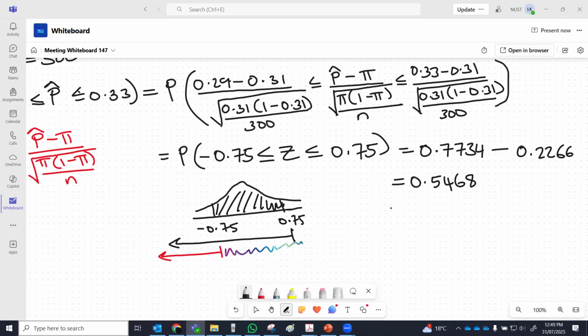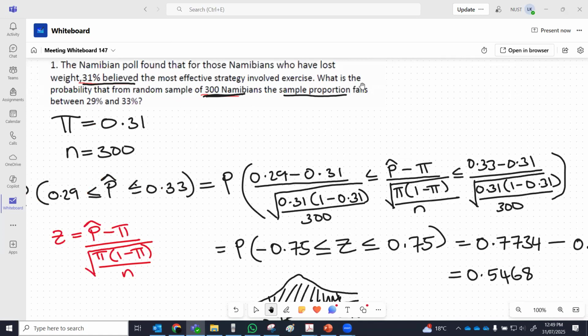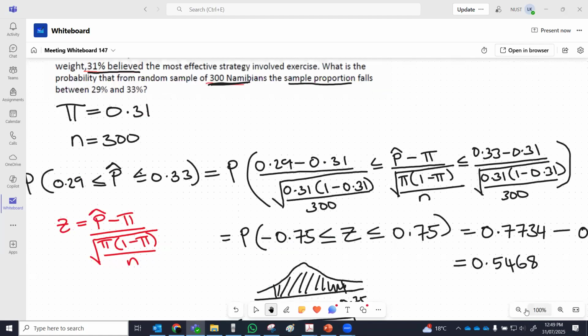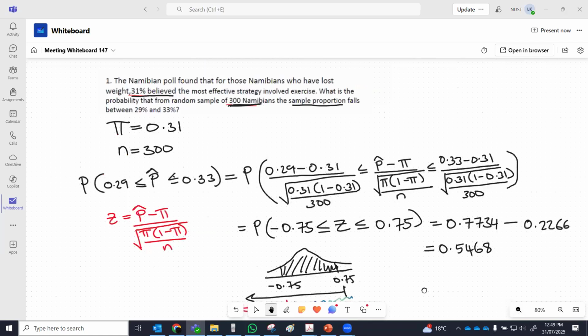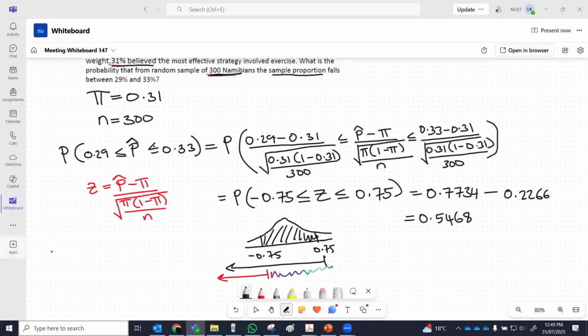Okay, then the last thing is always to just answer the question in a word format or in a sentence, because the question says, what is the probability that from a random sample of 300 Namibians, the sample proportion falls between 29% and 33%. So the way you would answer this question, you would say the probability